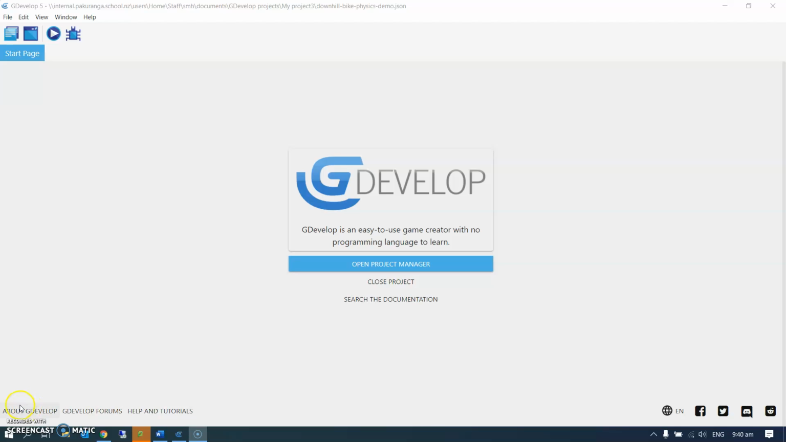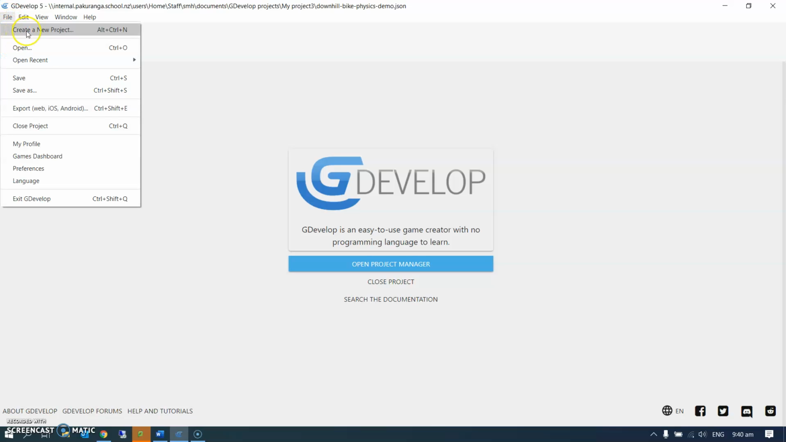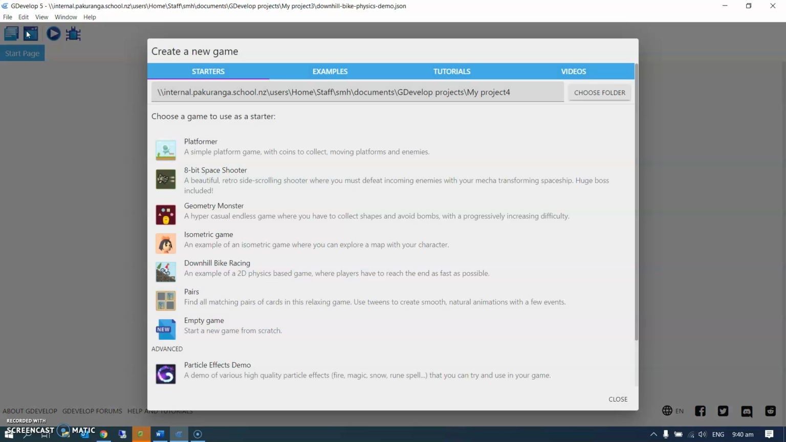GDevelop is a free application for making 2D games, and we're using it in class. You can download it and run it on your own laptop, or you can actually run it in a browser. I'm running this on my laptop. Let's make a game. I'm going to create a new project to begin with, which I choose to go with